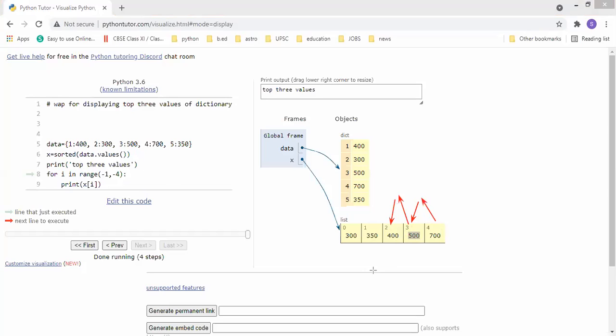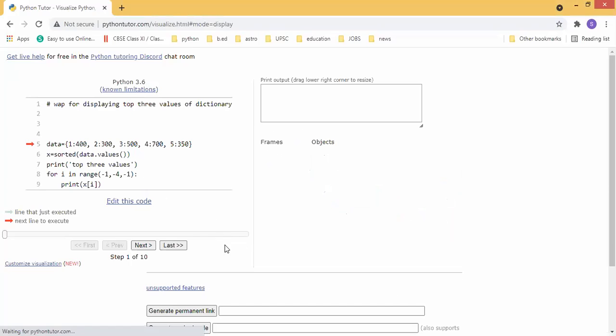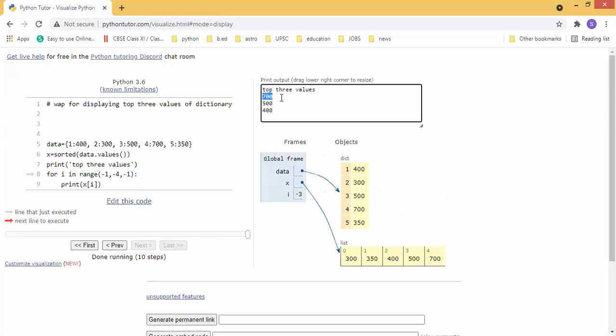If you give a positive value like +1, it will not work, because from -1 the next value goes to 0, which is not in the range of -1 to -4. So you should understand that after this, in the range function, you have to give the step value also, -1. Now you can see it will show 700, 500, 400. Understood, everyone?